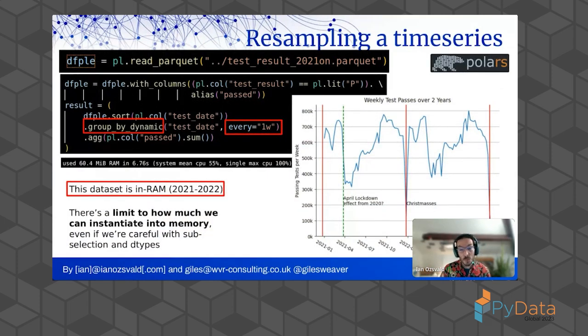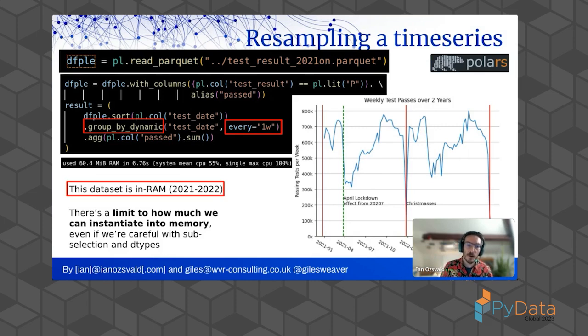Right, back to data science. What if we want to resample a time series, a very common data science operation? We want to read Parquet. This is in polars now. So if I want to read a pre-prepared Parquet file, 2 years worth of data, I read it into memory, into an eager data frame. And then I want to do a resample, just like a group by or a time series operation inside Pandas. We can do all of this in polars.